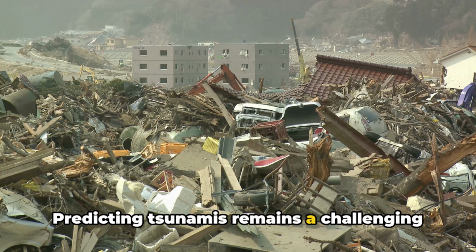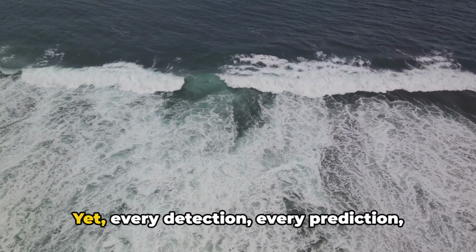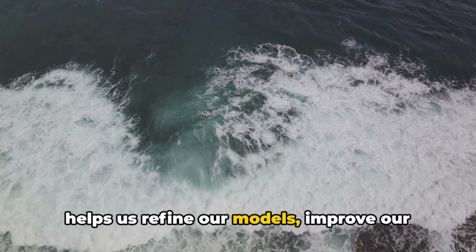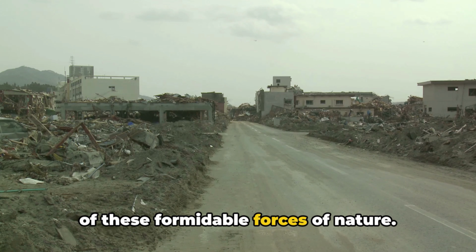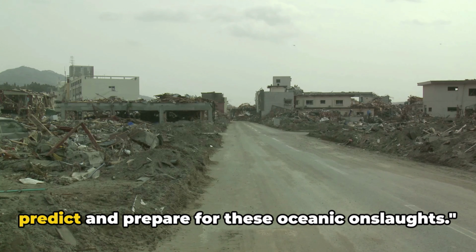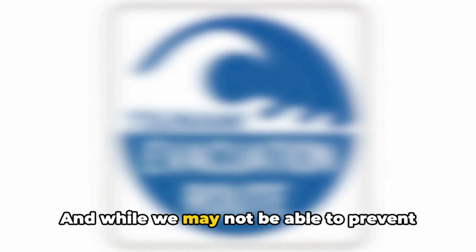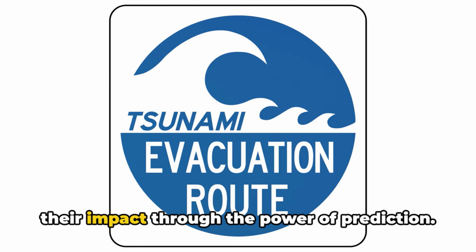Predicting tsunamis remains a challenging task due to the complexity of the ocean and the unpredictability of tectonic activity. Yet every detection, every prediction helps us refine our models, improve our technology, and better our understanding of these formidable forces of nature. Armed with technology, we strive to predict and prepare for these oceanic onslaughts. And while we may not be able to prevent tsunamis, we can certainly aim to minimize their impact through the